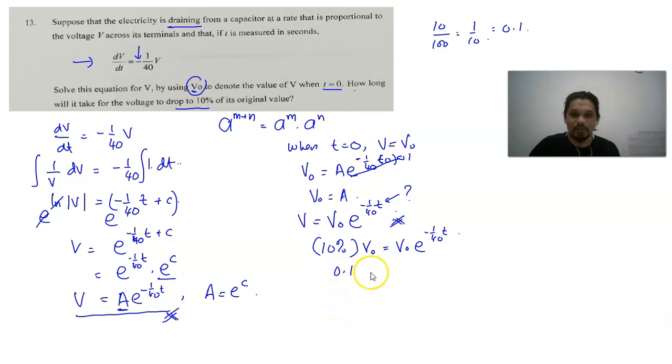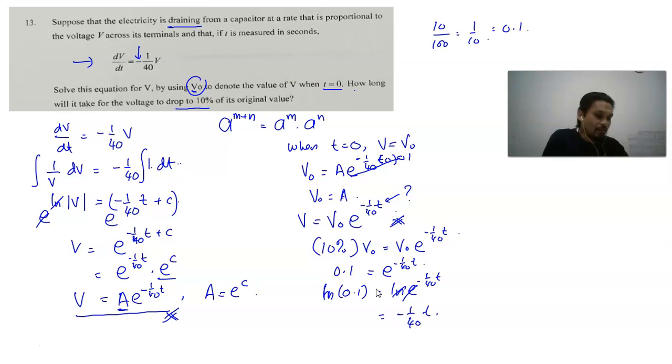So 0.1 equals e to the power of negative 1 over 40 t. To eliminate the constant e, take the natural log of 0.1 on the left and the natural log of e to the power of negative 1 over 40 t. Then it is negative 1 over 40 t, and the natural log of 0.1